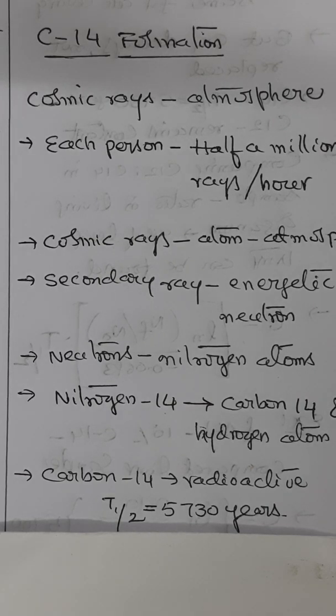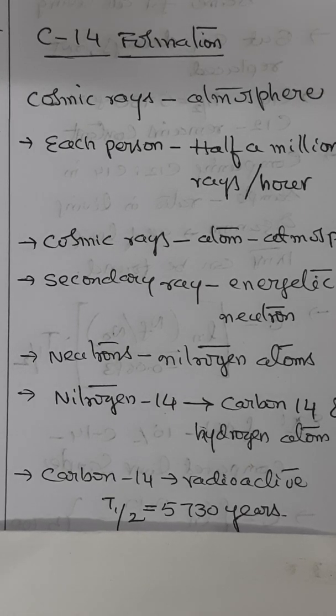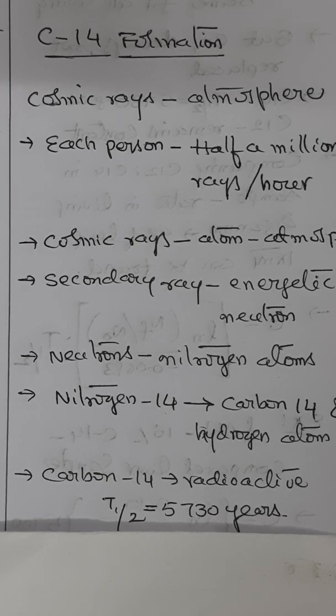This is the scientific analysis. Because every day cosmic rays are entering the Earth's atmosphere in large numbers. And as an example, every person is hit by about 500,000 cosmic rays every hour, with or without our notice. In fact, we get exposed to that without our notice. So it's common for a cosmic ray to collide with an atom in the atmosphere, creating a secondary cosmic ray in the form of an energetic neutron.